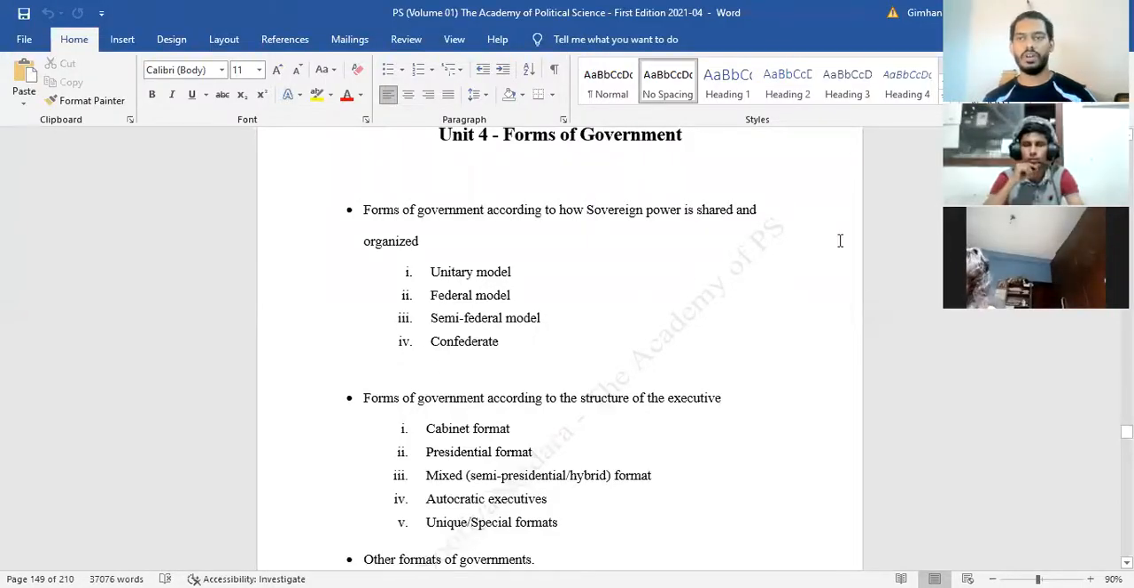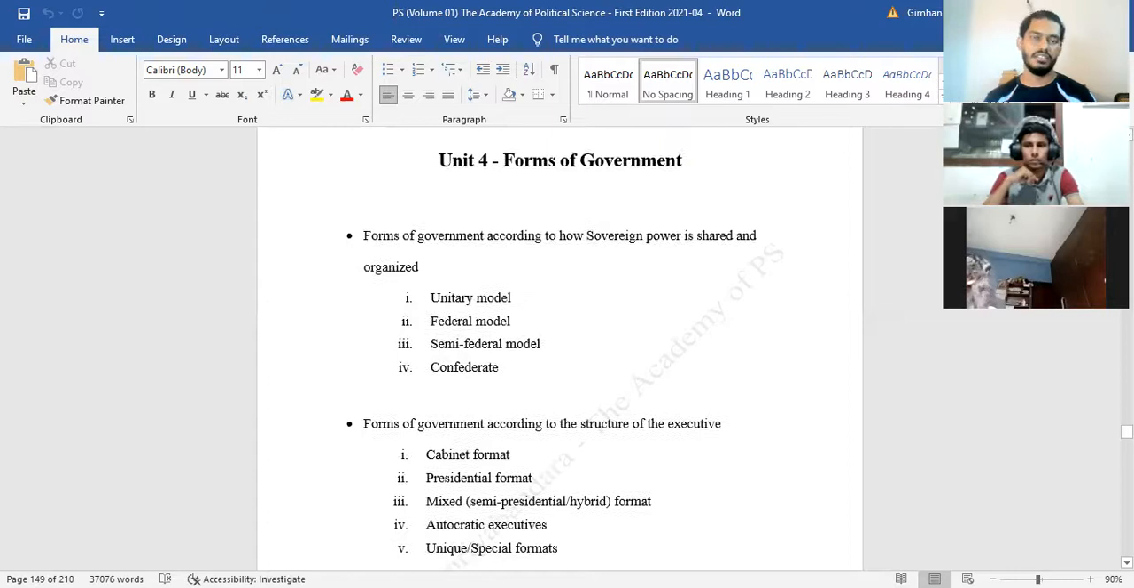Right. So today's lesson is forms of government, unit 4. We have covered 3 units thus far, and we are moving on to the forms of government. When it comes to governments, there are various ways you can define a government. There are various ways for you to categorize governments. When you take a government